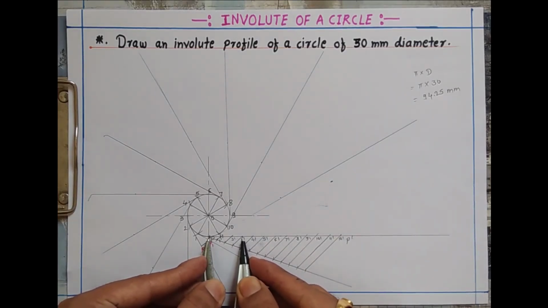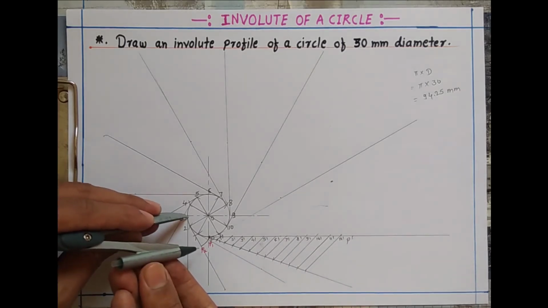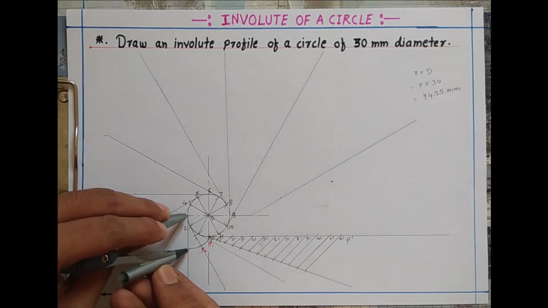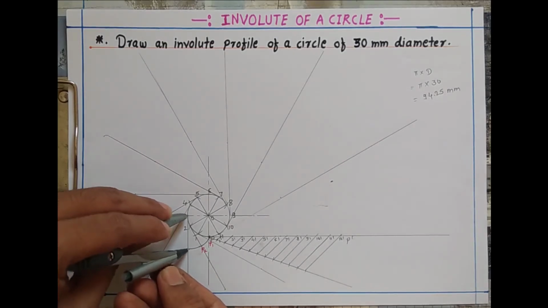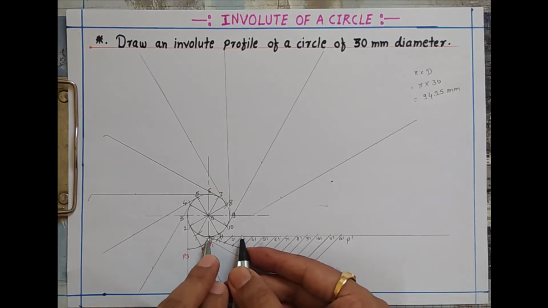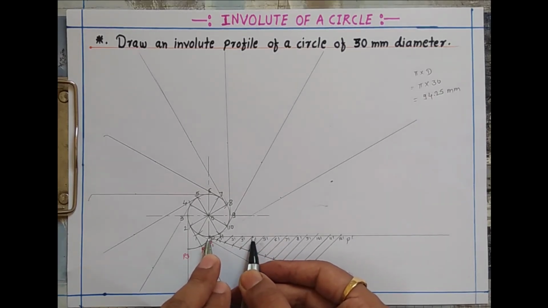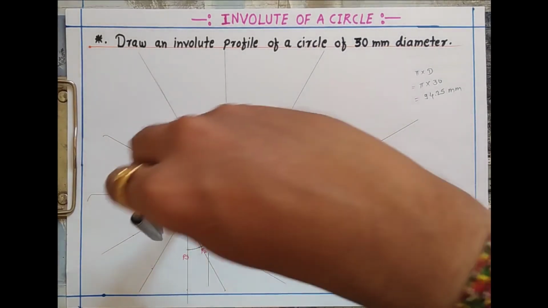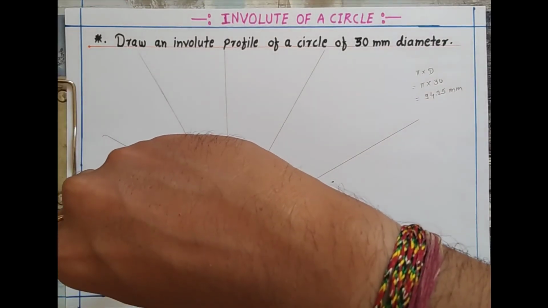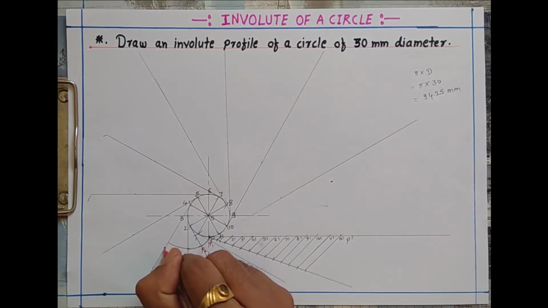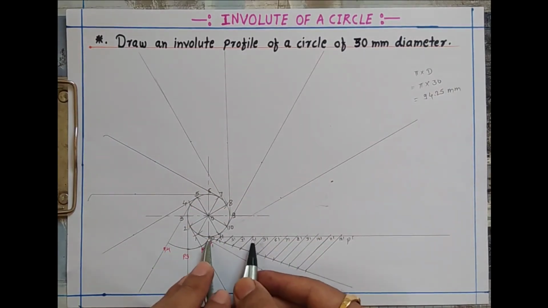Similarly carry the distance p to 3 dash, with 3 as a center, go for the third arc. It will intersect with the tangent passing through the point 3, and that intersection point is to be named as p3. The same procedure you have to follow to draw those arcs. We just go ahead, take the distance equal to p to 4 dash, with 4 as a center, draw an arc. It will intersect with the line which is passing through the point number 4, that is actually a tangent to that circle, and that intersecting point is named as p4.